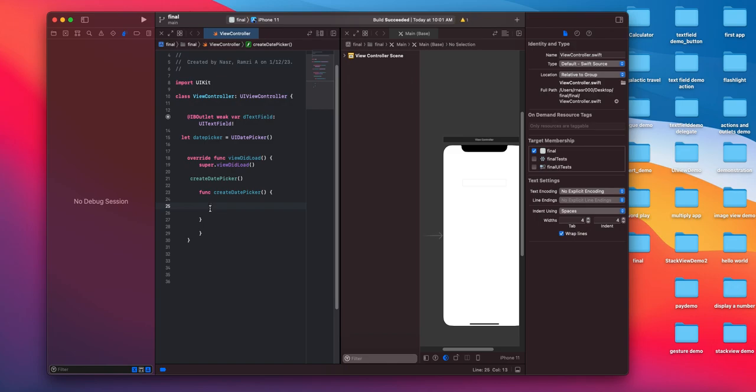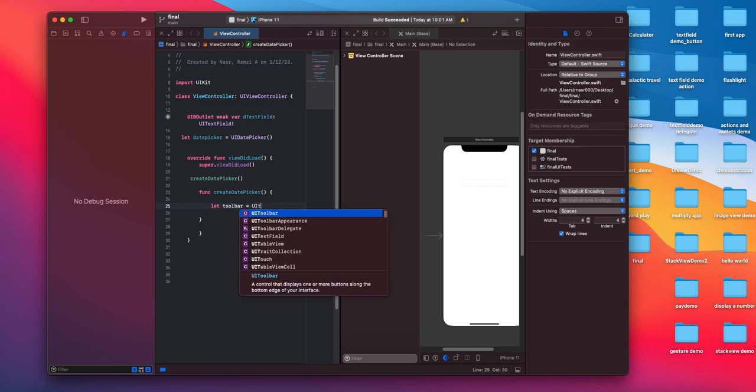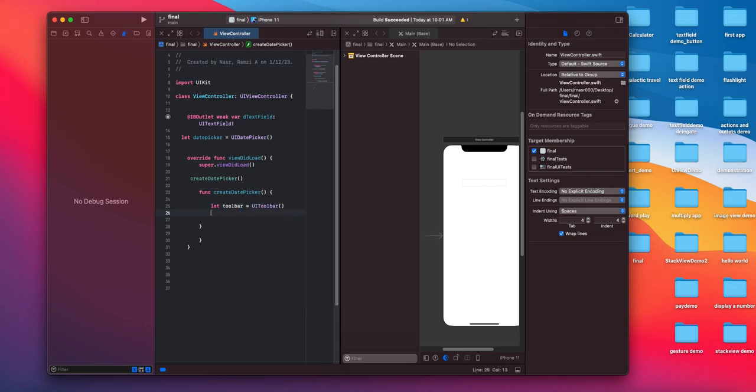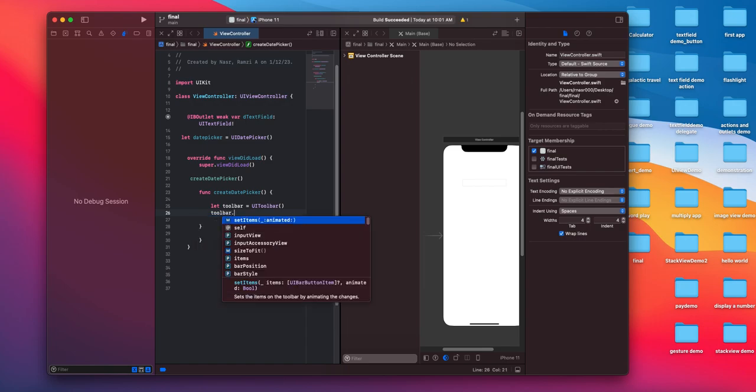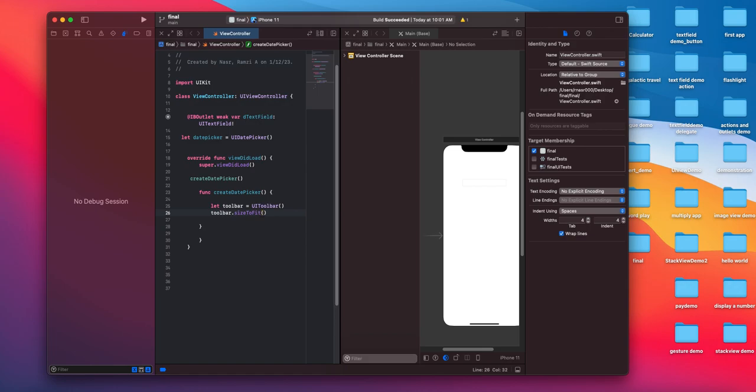Alright, now we start off with another variable for our toolbar. We want this to equal a UI toolbar. And then we want to make sure our toolbar fits our screen, so we type size to fit. Now we want to create our done button, which is going to allow us to print whatever date we pick into the text field. So we type let done button